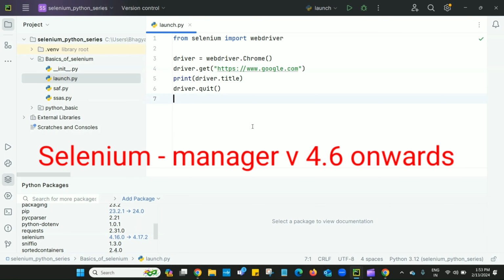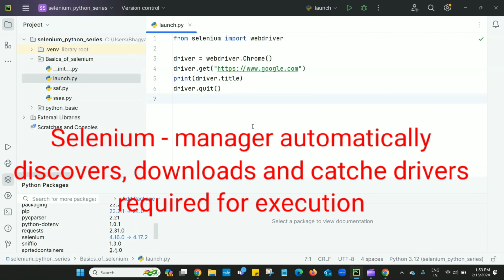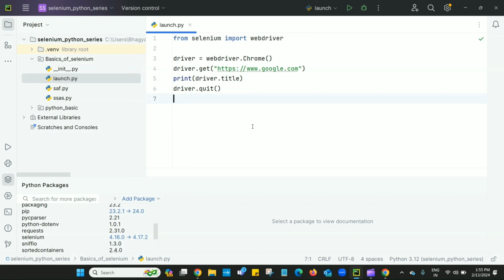The same can be done with Selenium Manager. If we use Selenium version 4.6 onwards, it is treated as Selenium Manager, which will also automatically download and manage the drivers required for browsers. So basically, both are doing the same thing. Both Selenium Manager and WebDriver Manager provide automated driver management for Chrome driver, Gecko driver or MS Edge driver.